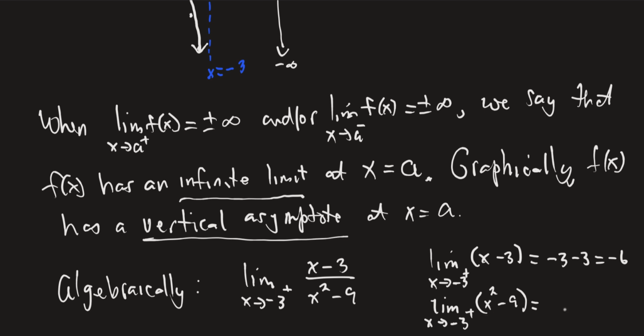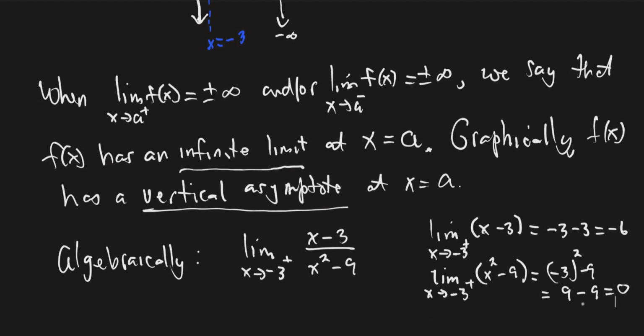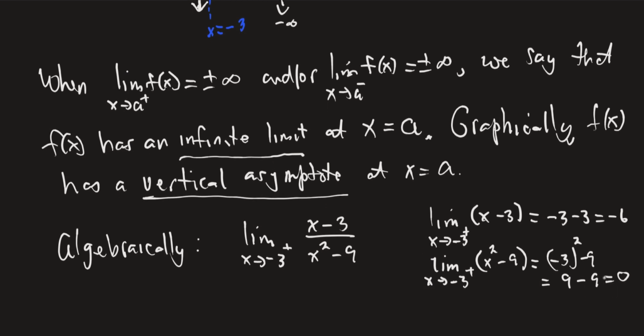If I evaluate this, I'll have (-3) squared minus 9. Order of operations, we have 9 minus 9, that's equal to 0. So what we end up with is division by 0, but unlike our nice indeterminate form, we don't have a 0 on the top, we have a non-zero number. So instead we have this,